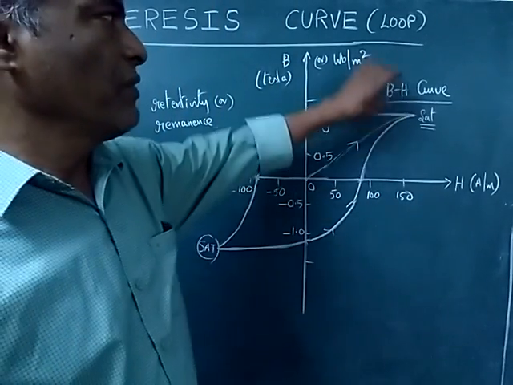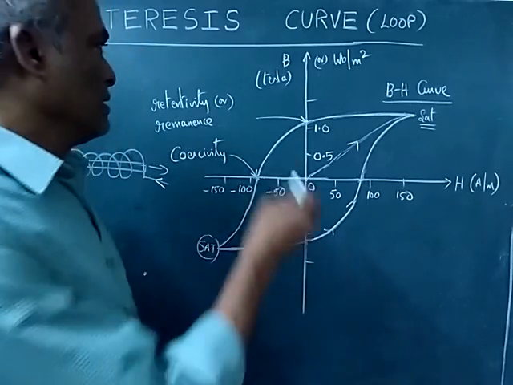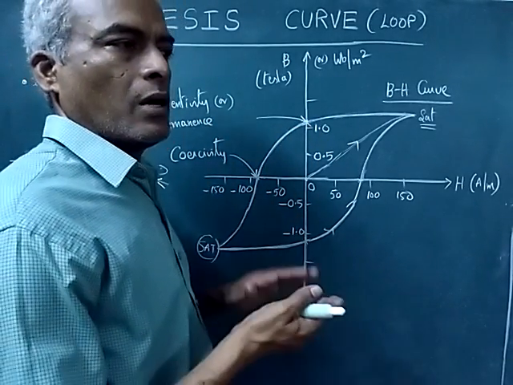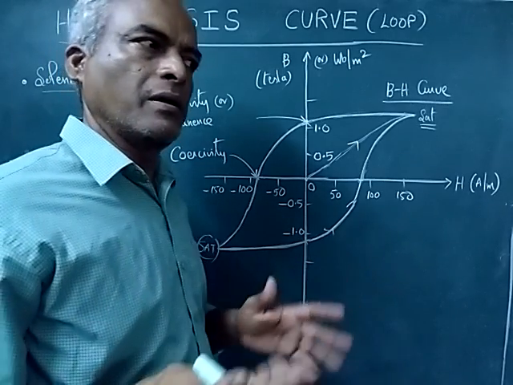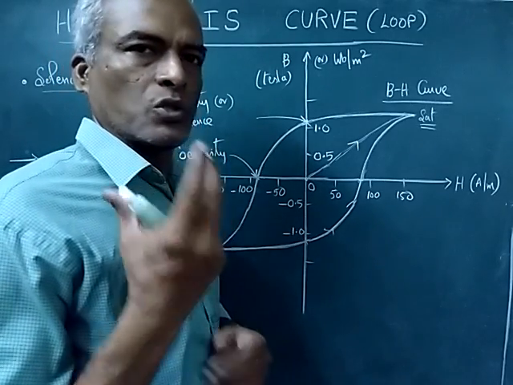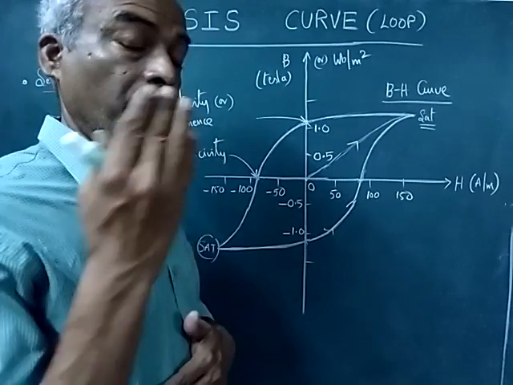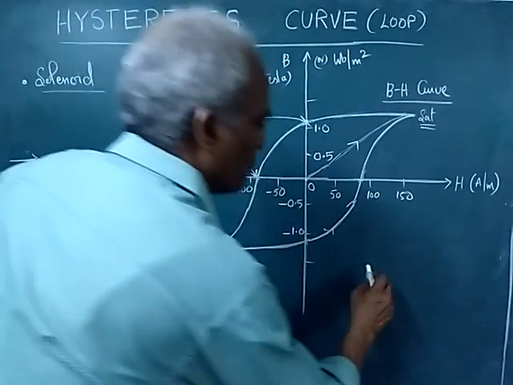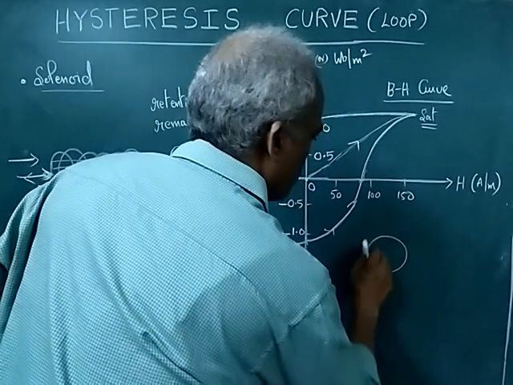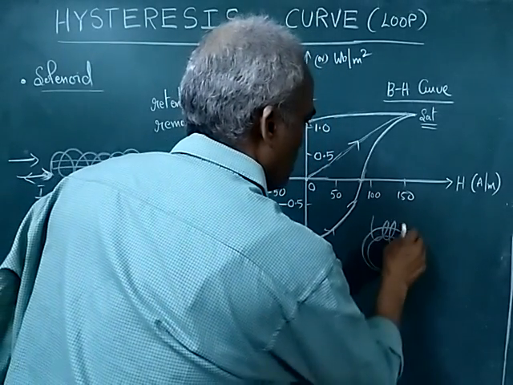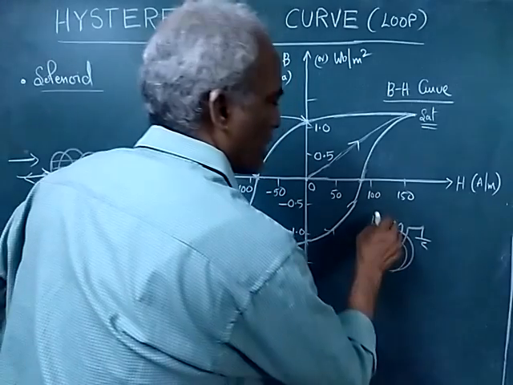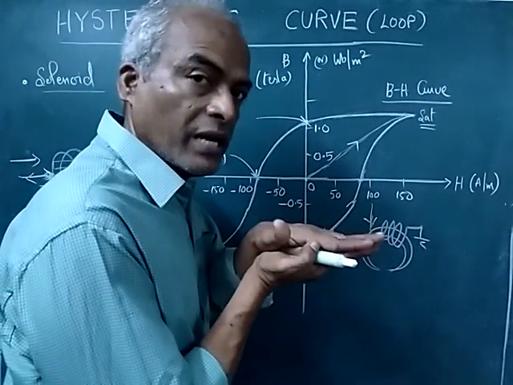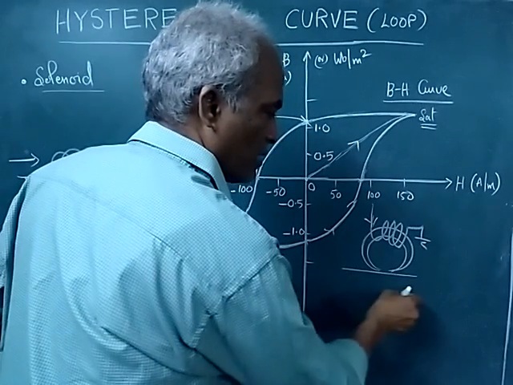Okay, and we call it as BH curve. The retentivity property is utilized in holding the information, say in computers, the storage, hard disk, and previously tape recorders. So tape recorders and all, if you see, it will be like this, a coil will be wound, and there will be an air gap. Current is allowed to flow. Now this has to be recorded in a magnetic material. So the tape will run here.